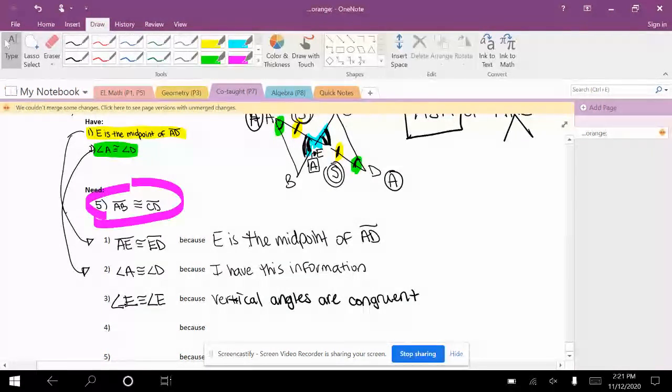So we know that the two triangles are congruent. So triangle ABE is congruent to triangle